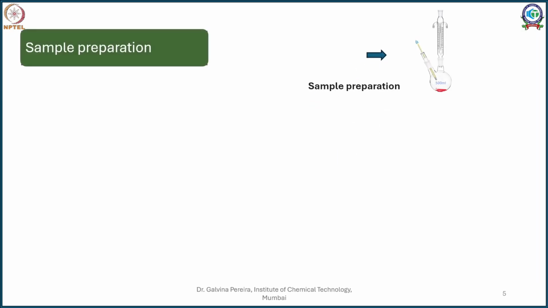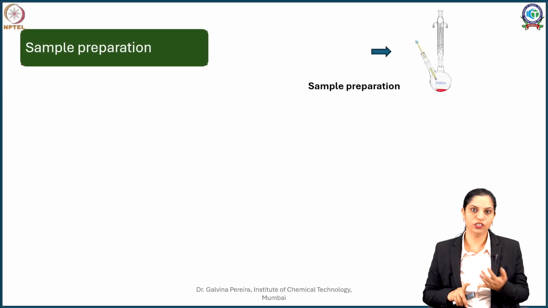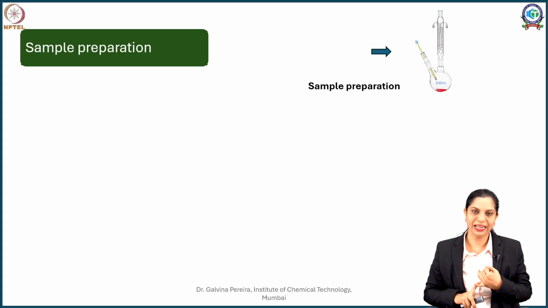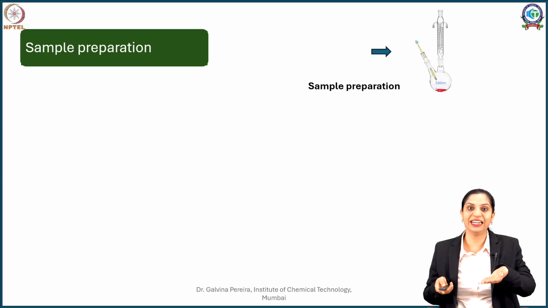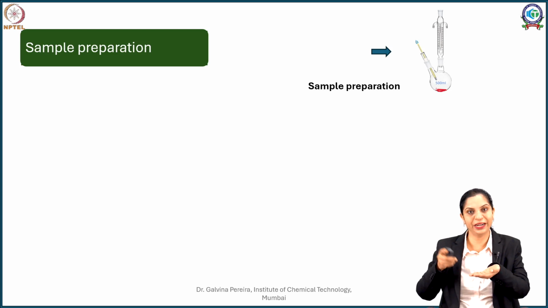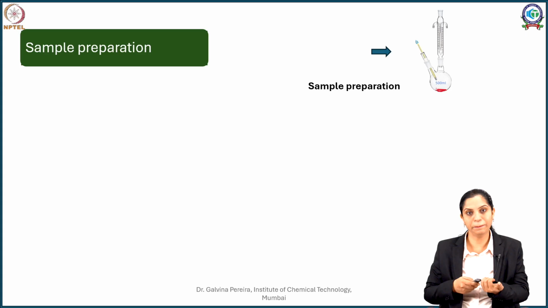Step by step, the first and the most important step for gas chromatographic analysis is sample preparation. The sample is very vital here because the requisites for the sample are that it should be low boiling or volatile, and the second requisite is it should be thermostable. The reason is, in gas chromatography we steadily increase the temperature, and that is where your compounds start evaporating based on their boiling point. So you have to convert your compounds into what are called volatile derivatives.